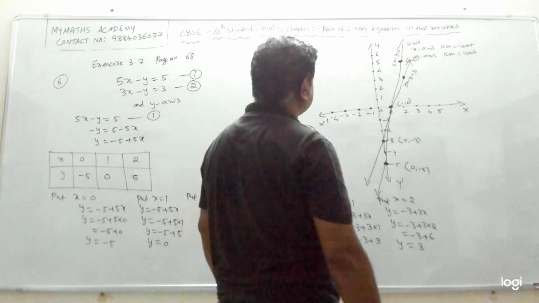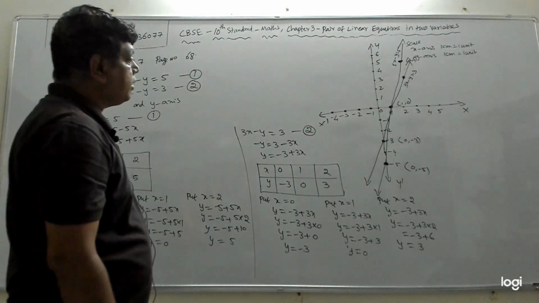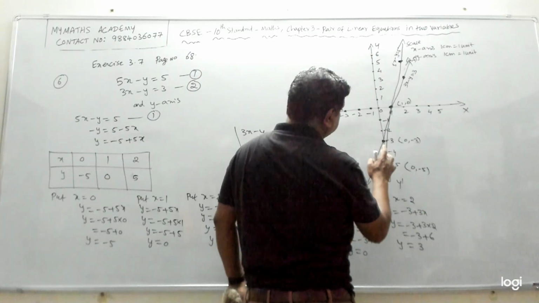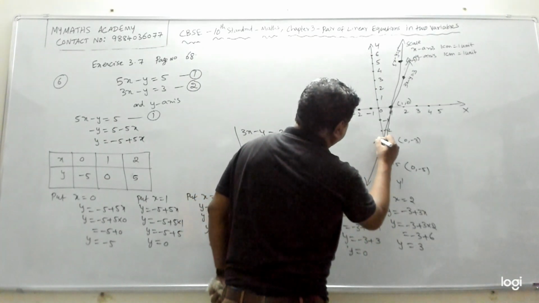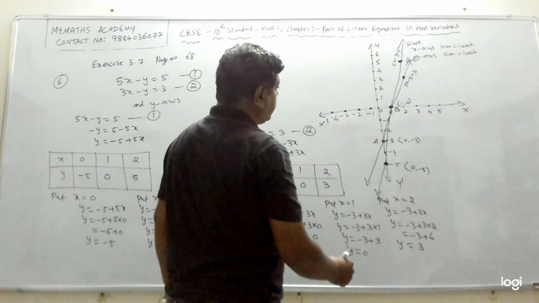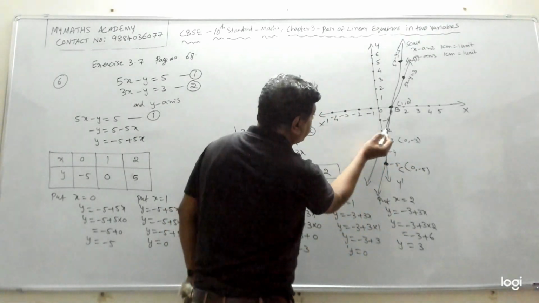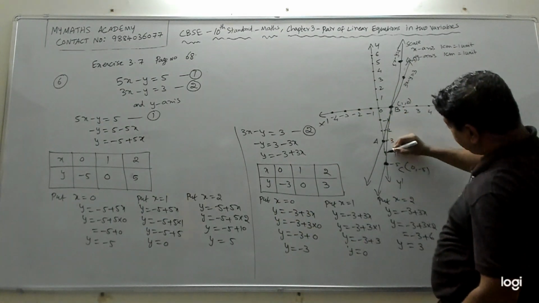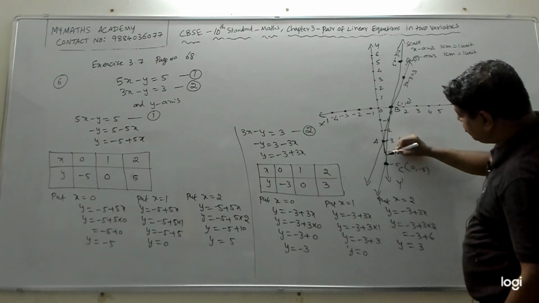Right? 0 comma minus 3. Now if you want to find the triangle formed by these three, what will that be? It has become a little small, but if you see this, this is A, this is point B, and the other point, this is C. So this is the triangle that we are talking about. This is the triangle.